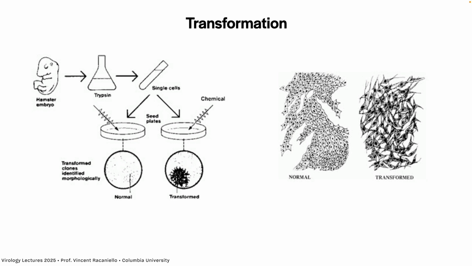But if we take the second plate of cells and treat them with a mutagen, like a mutagenic chemical, then some of the cells become transformed. And they look like this on the right here. And they're very easy to see. They grow very large, and they grow on top of one another, and they're generally disordered, as you can see, compared to normal cells. One of the things that normal cells do is when they touch each other, they stop growing, but the transformed cells keep growing. So we can see transformed cells in the laboratory very easily.